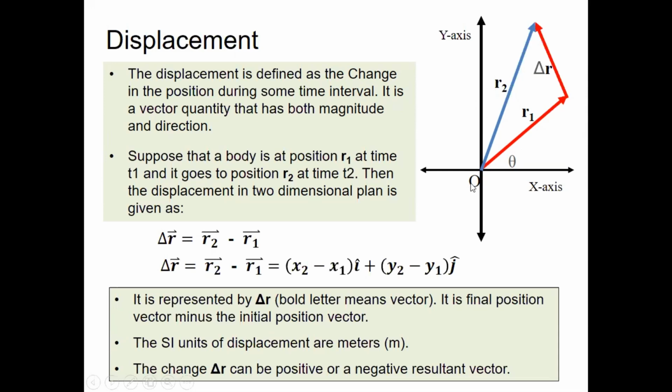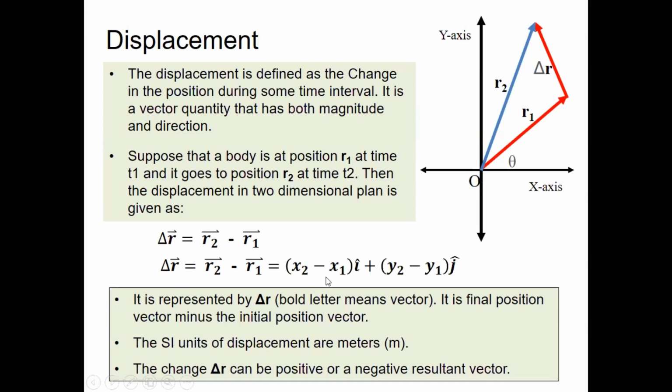Suppose that we have this coordinate system with x and y axes and the origin, and r1 is the position vector at time t equal to t1, and then it goes to the position r2 here. Then the displacement is delta r. It is, in a two-dimensional plane, given by r2 minus r1, and r2 minus r1 is basically